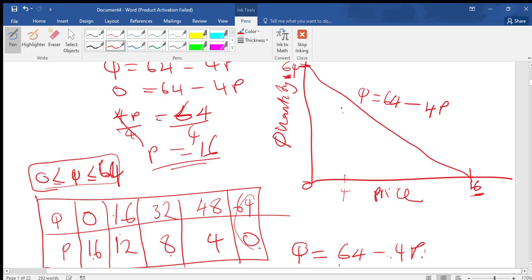When you bump this curve at 4, the value of the quantity this side will be what? Will be 48. If we continue increasing the prices, we can see that the quantity will be decreasing because of the negative relationship which exists. So when price is 4, you can see that when I bump into this curve, I'm going to have the quantity to be 48. When price is 8,